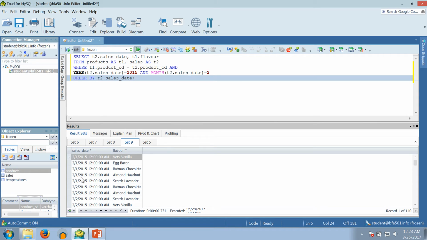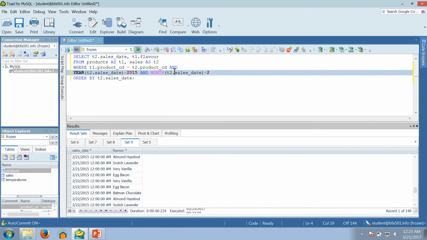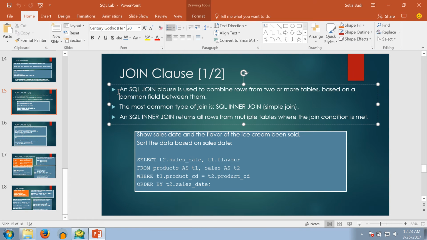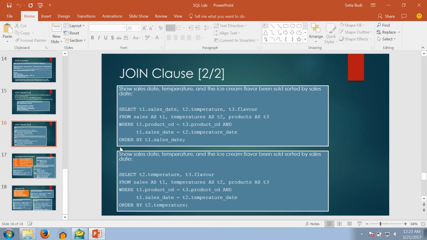So this is all the sales from February 2015. Okay, and let's continue with some other example over here. The next example is